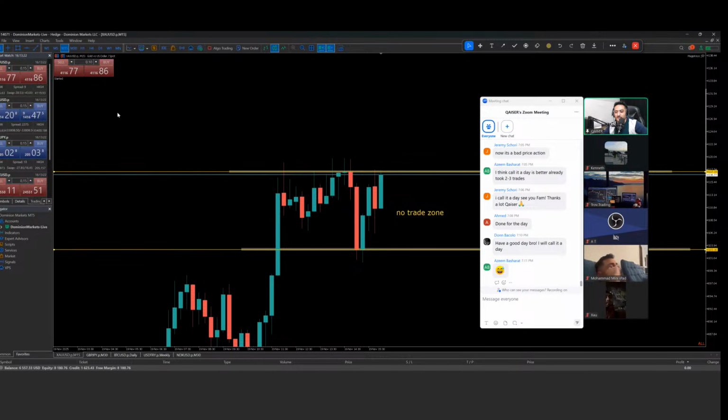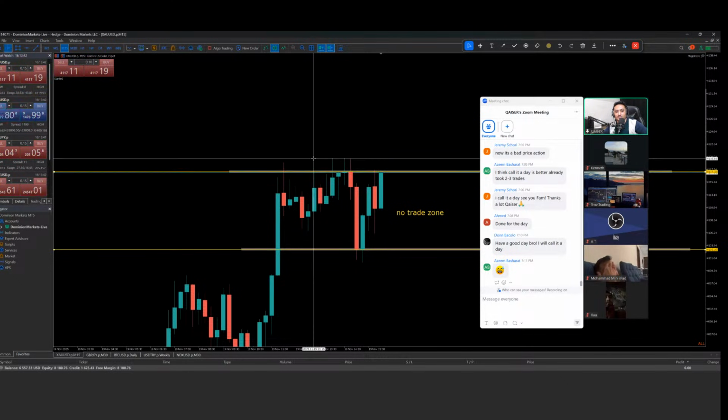I think it's better to wait for the M30 candle to close above or below the zone for the execution. Okay, Anam, you can wait for that one if you are comfortable with the 30-minute time frame. I would like to see how this 50-minute candle is about to be closed. That's all I'm waiting for. There's just 1.5 minutes left.